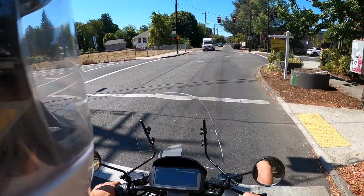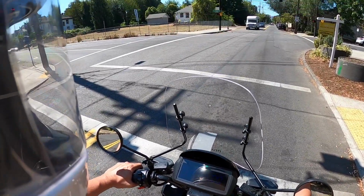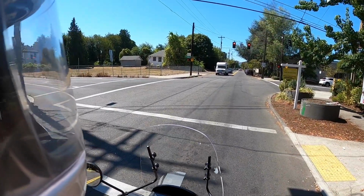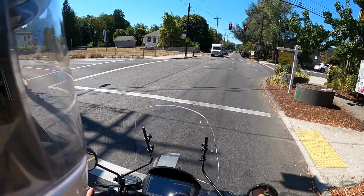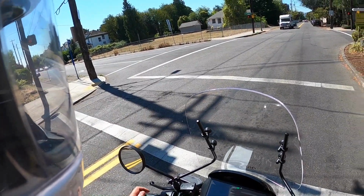Of course, there's kind of the mental side that now kicks in, like, oh my god, 36%. How quickly is it going to drop? And am I going to be stranded? But I'm trying to kind of think past that. From the Alibi Tiki Bar, where we're going to head in a second here, it's mostly downhill to get back